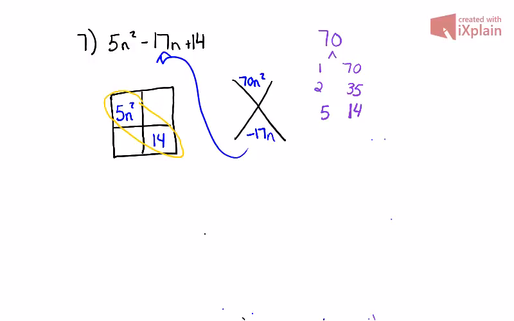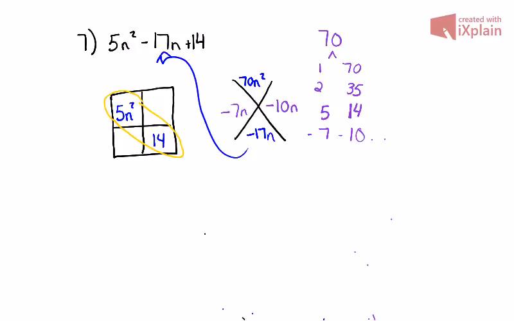Will that get me it? Well, even if I did both negatives here, that would give me negative 19, because that's the only way I'm going to get a positive number up top here, so that's not quite it. 70 divided by 6 isn't even. 70 divided by 7, though, is 7 and 10. And if I go both negatives here, I think I've got it. So if I have negative 7n and negative 10n, those would multiply to positive 70n squared, but they would add to